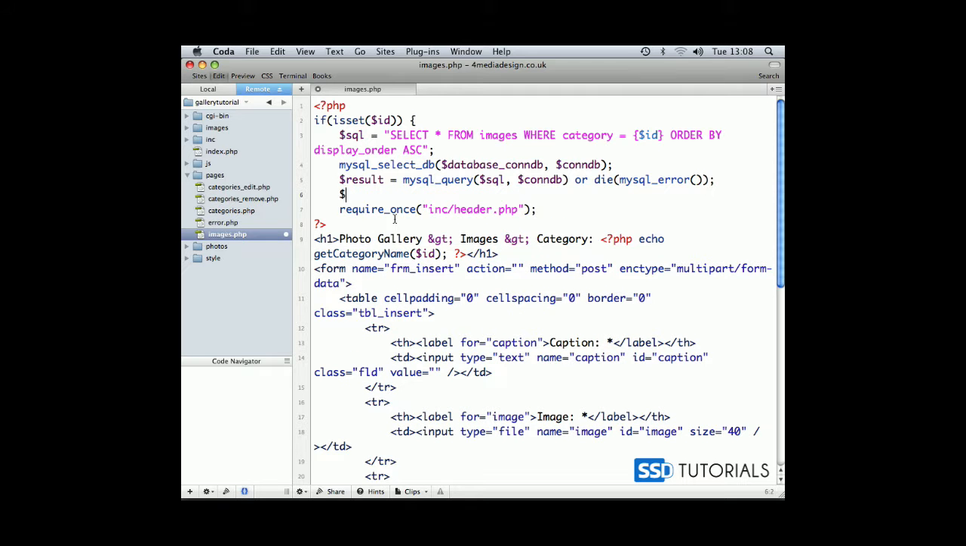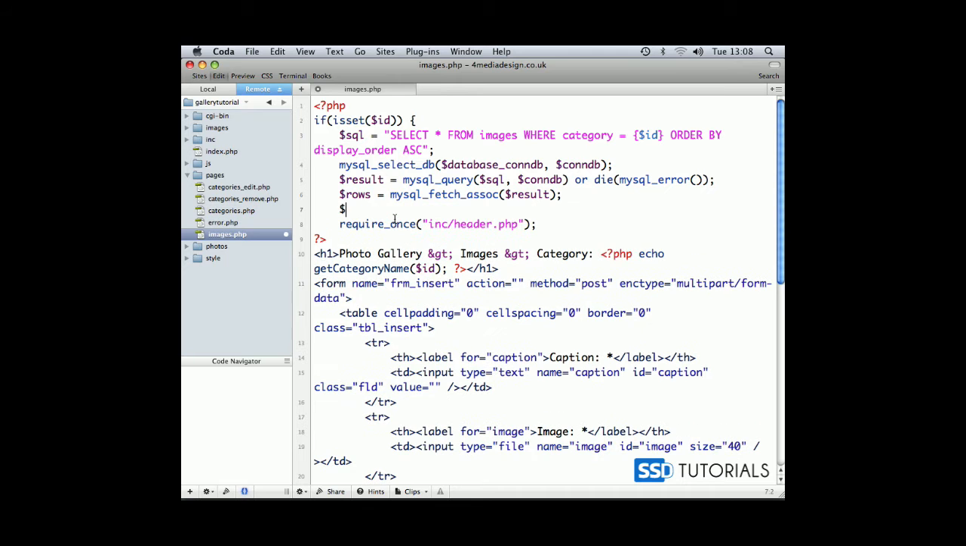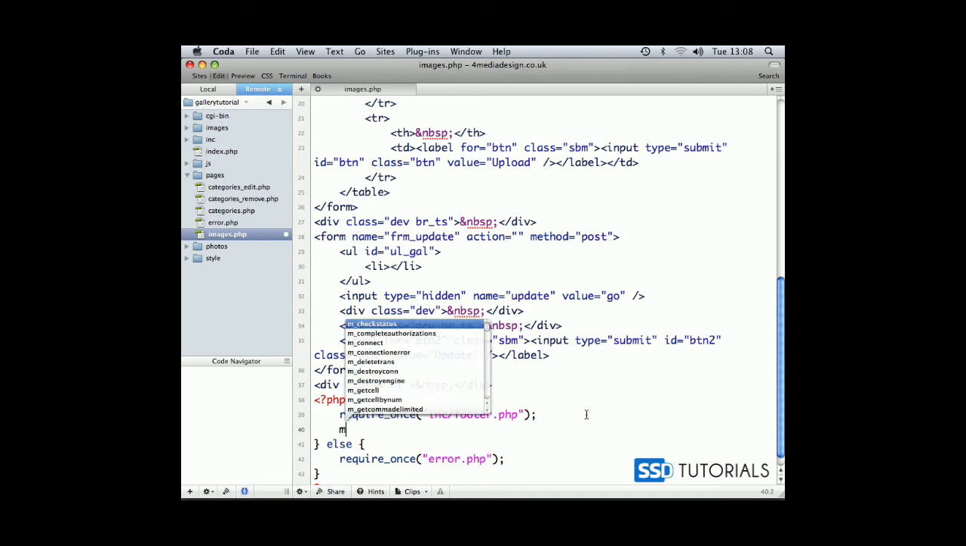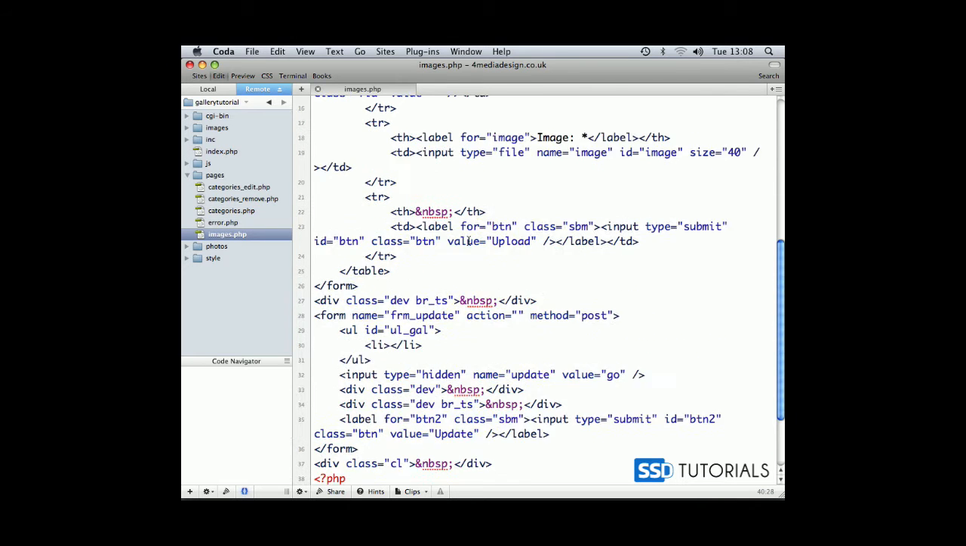Okay, now rows equals mysql_fetch_assoc result, and total rows equals mysql_num_rows result. Let's copy the result and it's going to be here, mysql_free_result. Okay,